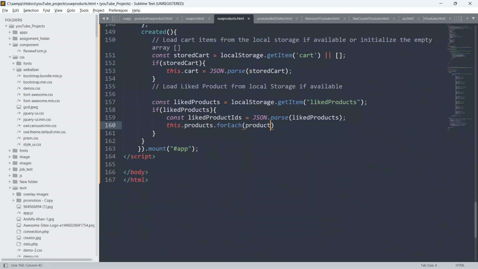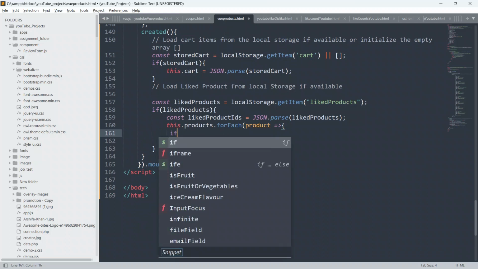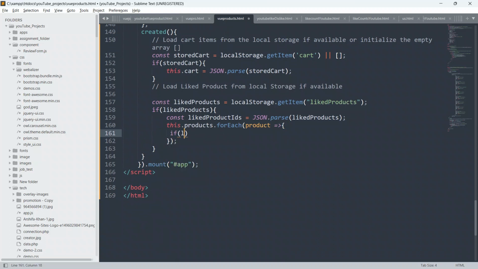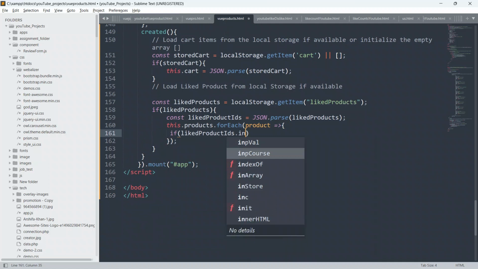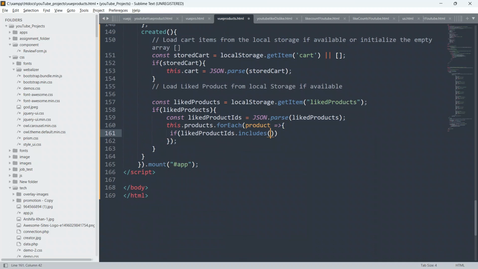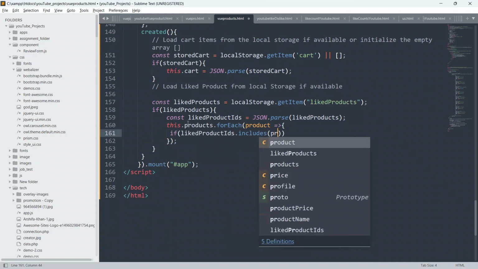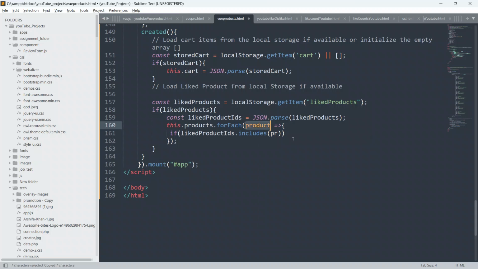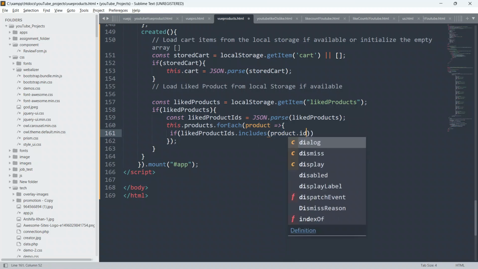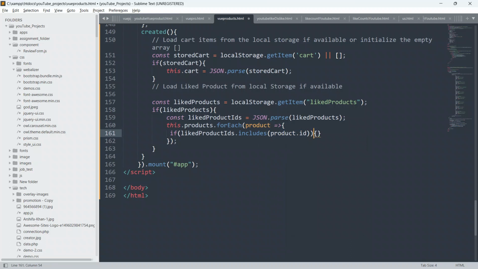Product, a fat arrow function, and inside I write: if likedProductIds dot includes, which takes a callback function, this product dot id, then we will say product dot liked equal to true.